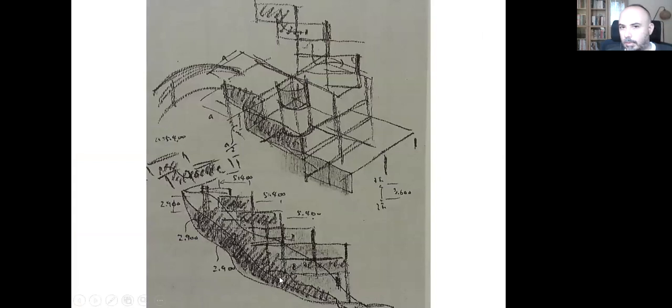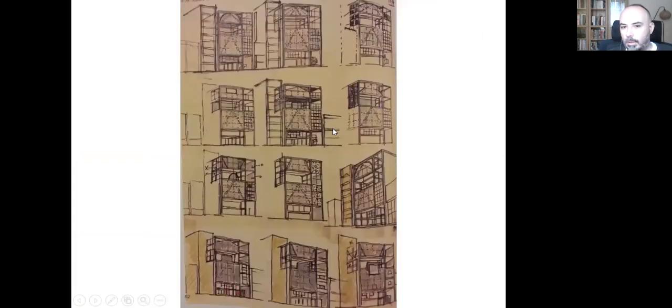A sketch of Tadao Ando. He is another very important and famous Japanese architect. Again, we see that he is trying to see something, to examine certain proportions in his creation. And in this example, we see that another architect is working on a facade design, and he or she is trying to